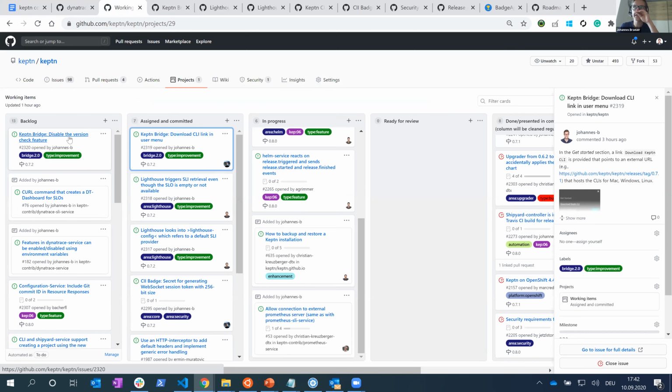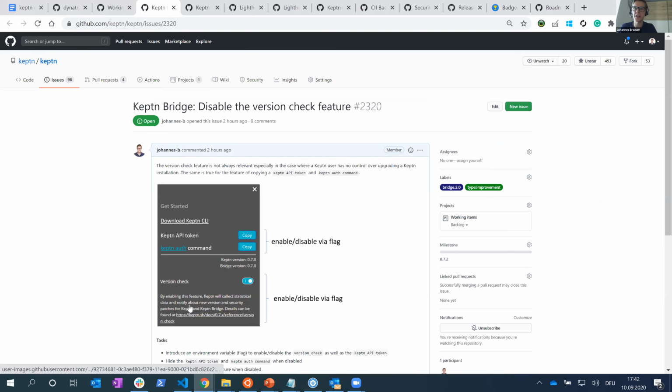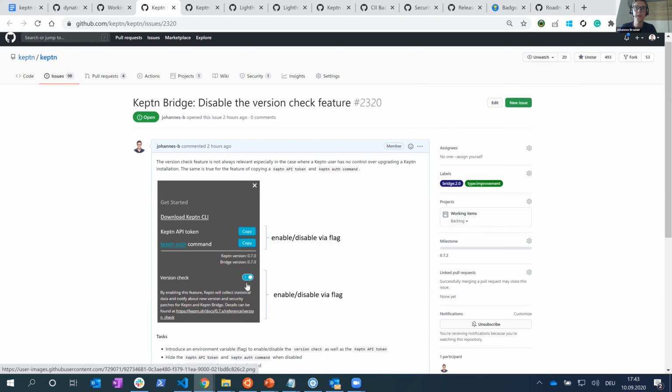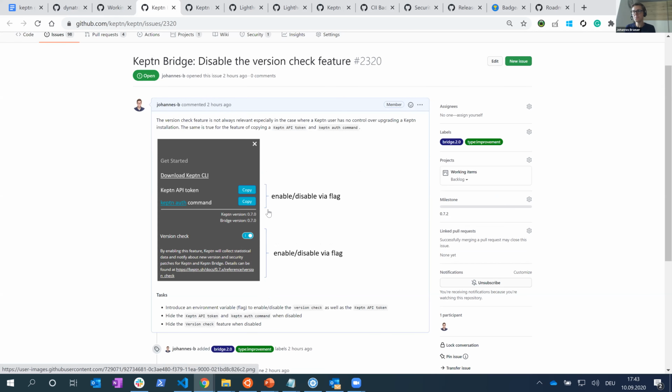And then there is the second bridge-related feature, which is about disabling the version check. Yeah, because there are a couple of use cases and scenarios where the bridge is isolated from the outside world, and then this check does not make sense because there can't be an outreach to the file that contains the information. And there was also a feature request coming in regarding the Keptn API token and the Keptn auth token,